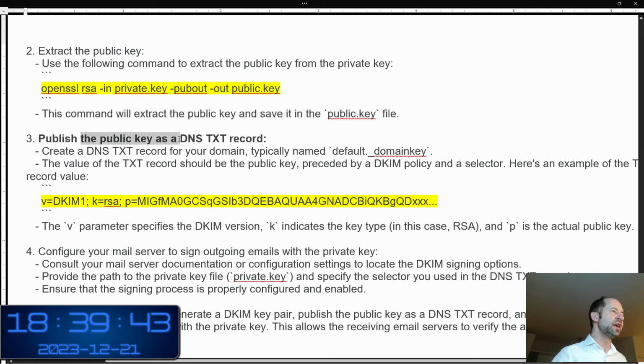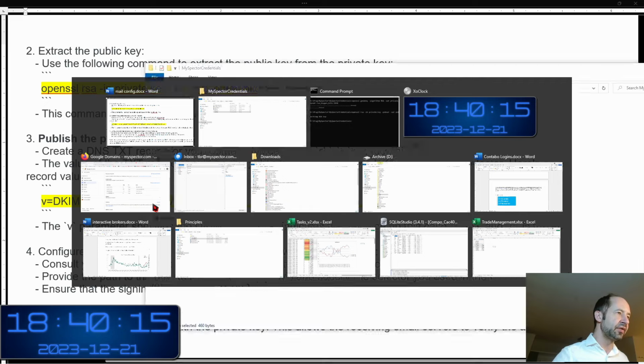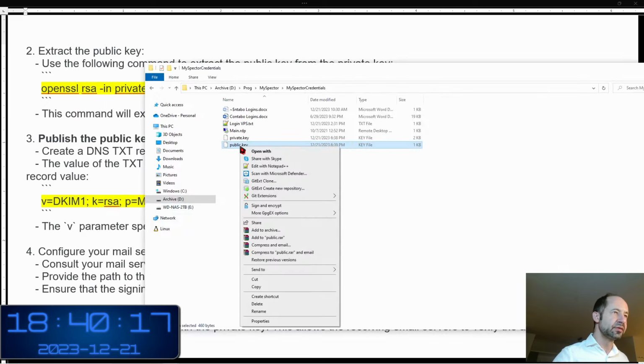Publish the public key as a DNS TXT record. Create a DNS TXT record for your domain, typically named default._domainkey. The value of the TXT record should be the public key preceded by a DKIM policy and a selector. Here's an example of the record value. Okay, so this is the prefix here, and I should put the public key after it,